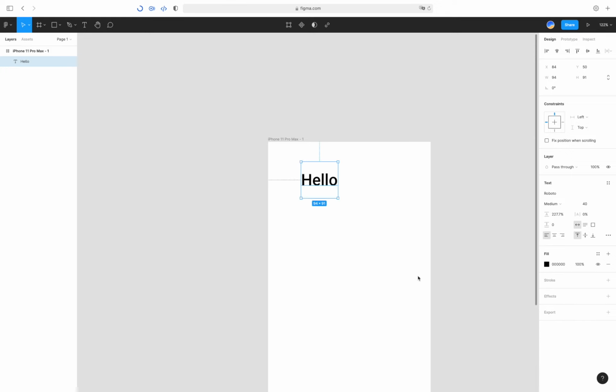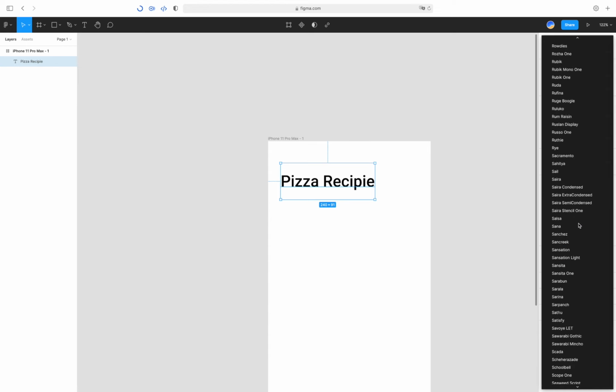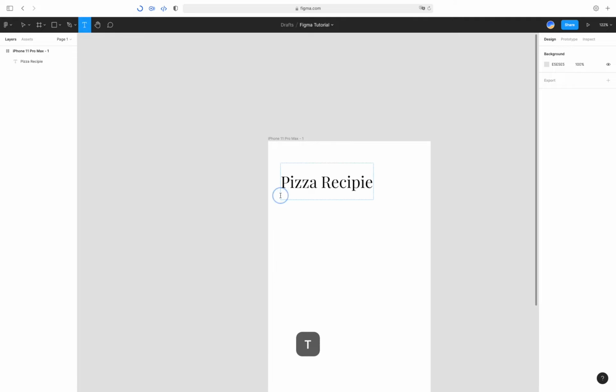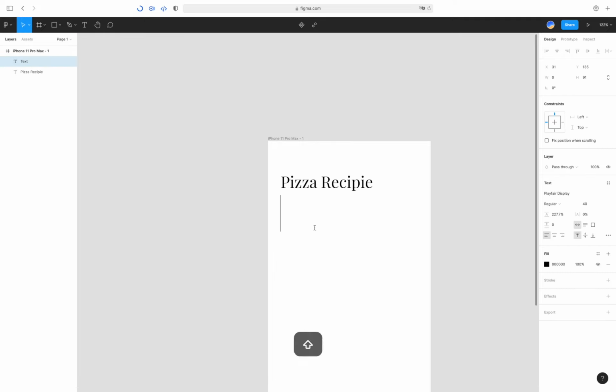So let's say we want to make the same thing as my previous tutorial. Let's just make a pizza recipe. And you can see that here it gives you a bunch of different fonts. You can have a lot of fonts to choose from, or you can just type the font and it will auto-complete it for you. Here we can have this thing, and then let's say we can add another piece of text here. So I don't know, May, today is 10th,